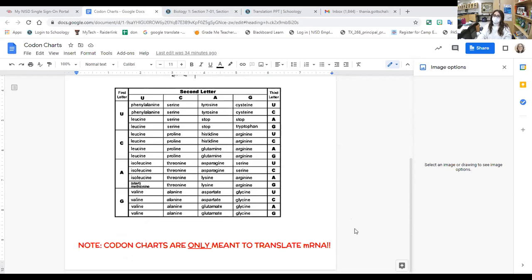You will have a lab assigned to you tomorrow where you're going to be asked to code for a protein. So you're going to have to take your mRNA that you transcribed and put it into a codon chart. These codon charts only work for mRNA. Okay. How do we